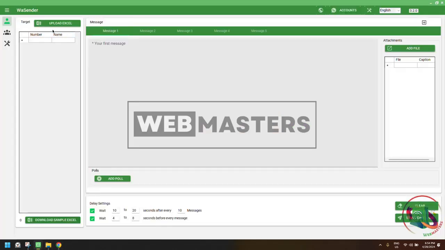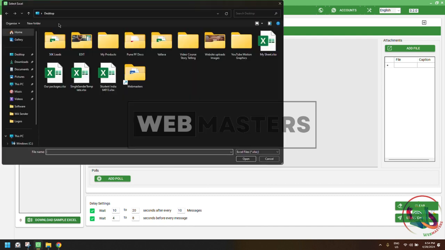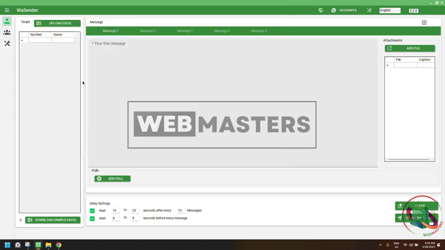Going back to the application. This is where we had downloaded it. Now this is the option which says upload Excel. This is where you'll be uploading the Excel sheet. I clicked on upload. Now I'll select the Excel sheet in which my numbers are there, to which I want to send the WhatsApp messages. So this is the template. I double clicked on that, and now over here my number appears, and